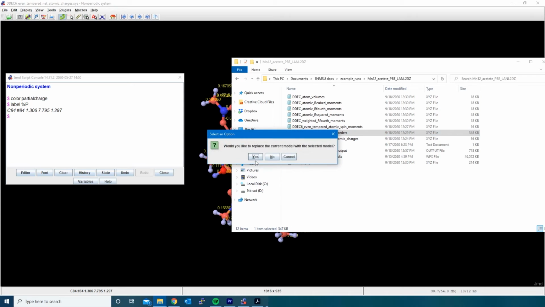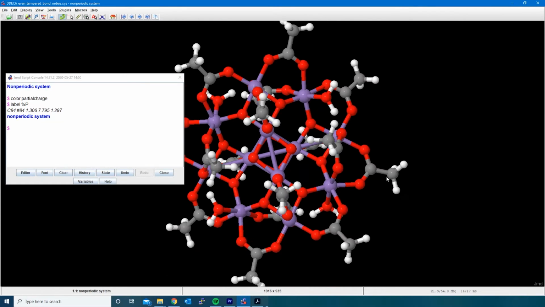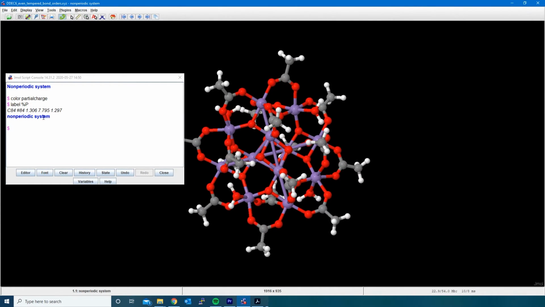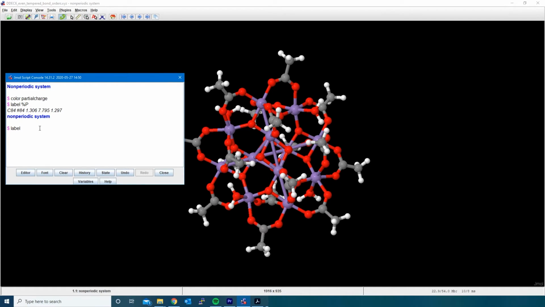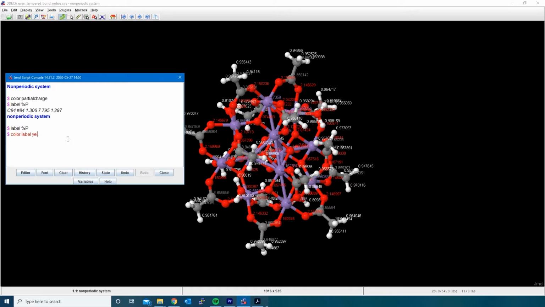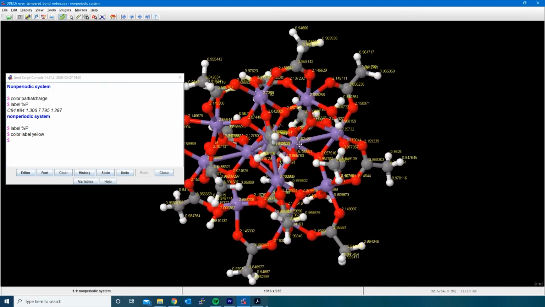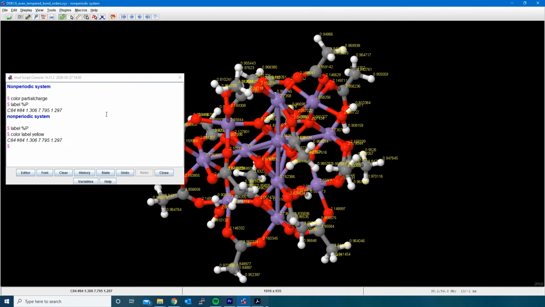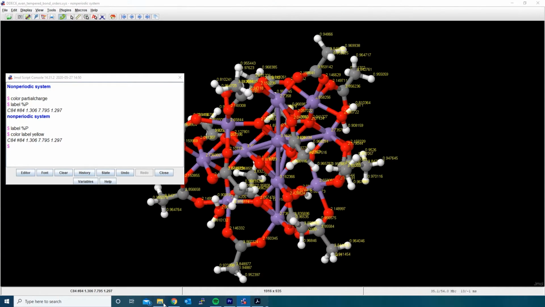Let's repeat the same now with the bond orders. Since this is a non-periodic system and the bonds are within the system, all atoms are in the reference unit cell. That is, all atoms are in the 000 unit cell. We look for C84 and find the SVO displayed in YAML.